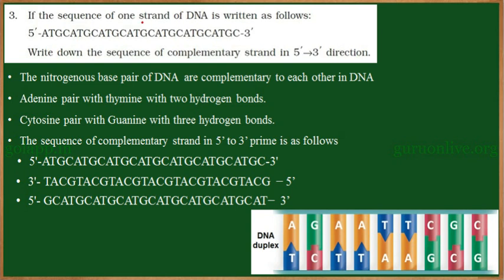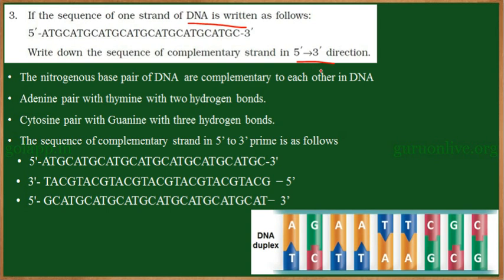If the sequence of one strand of DNA is written as follows, that is 5 prime to 3 prime, and this is the sequence, that is A, T, G, C, A, T and so on, write down the sequence of the complementary strand in 5 to 3 dash direction. So first we have to write the complementary nitrogenous base sequence for this strand and then write it in 5